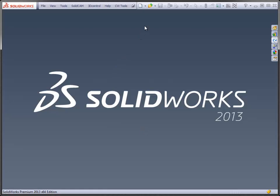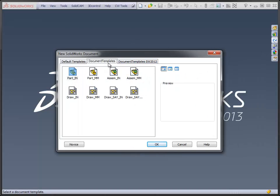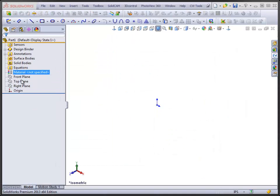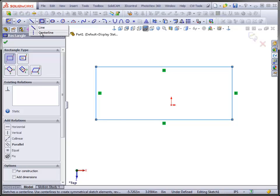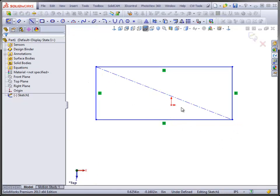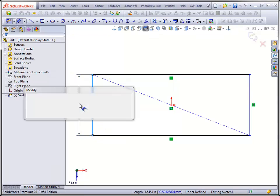Hello, let's take a quick look at the sheet metal flat pattern documentation workflow. I'm going to make a new file of the inch persuasion. I'll just quickly whip up a simple sheet metal part. Top plane, generate a rectangle, give it some dimensions,